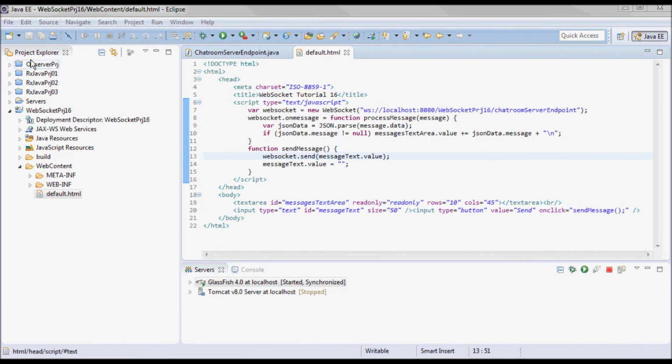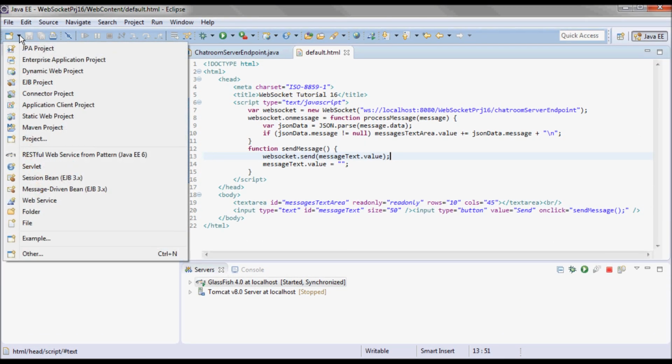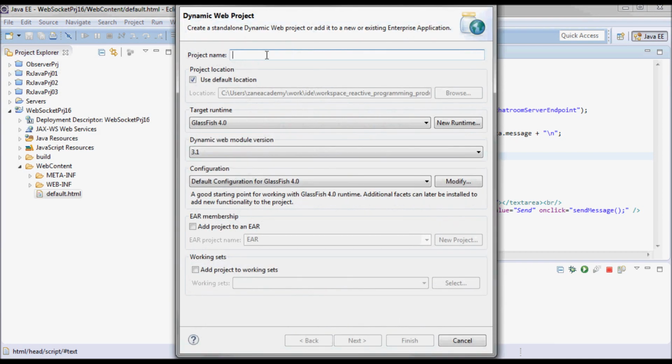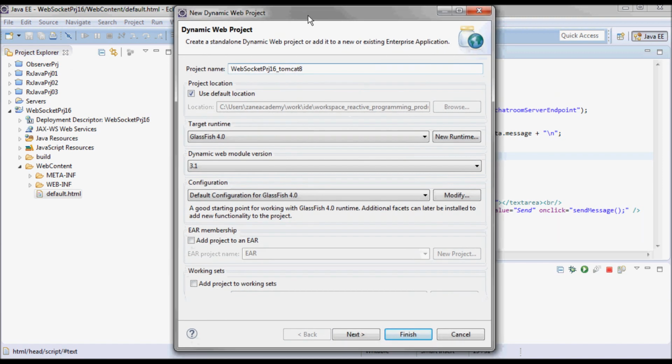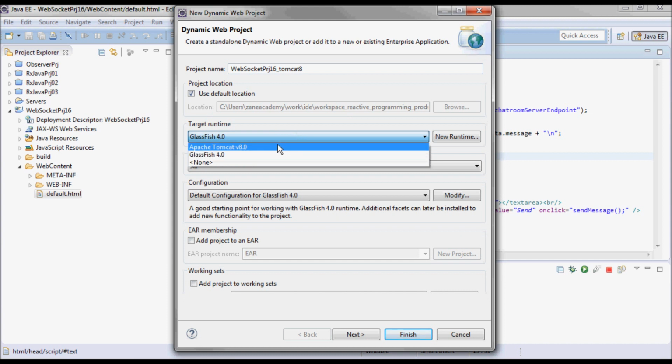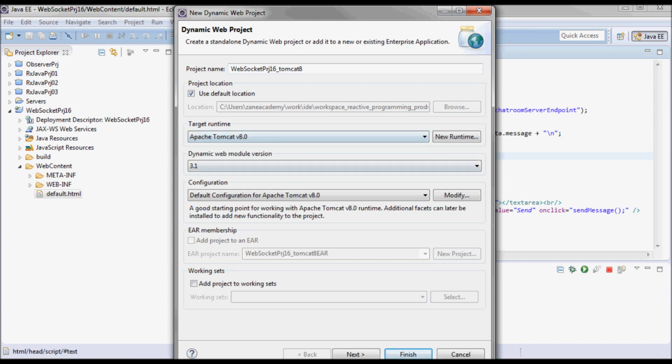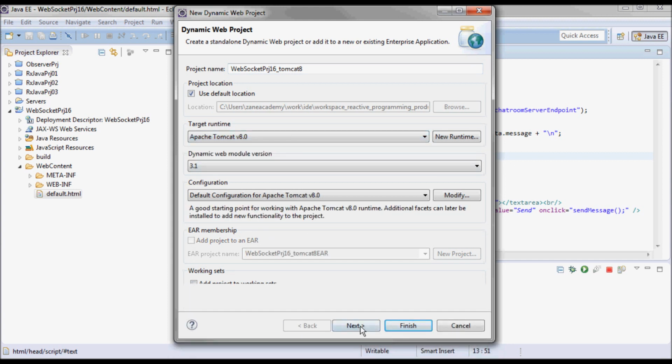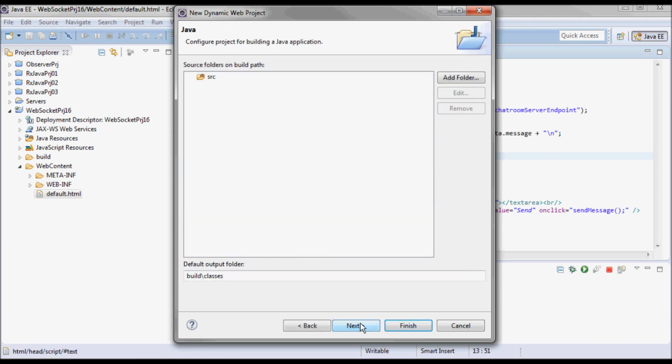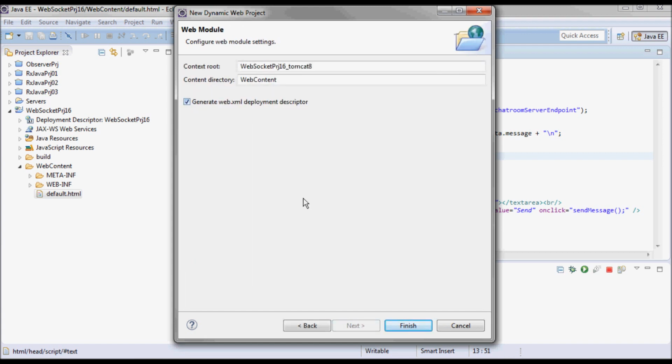Next, I want to run this code on Tomcat 8. So in order to do that, I'll create a new project. It's gonna have a web.xml file.